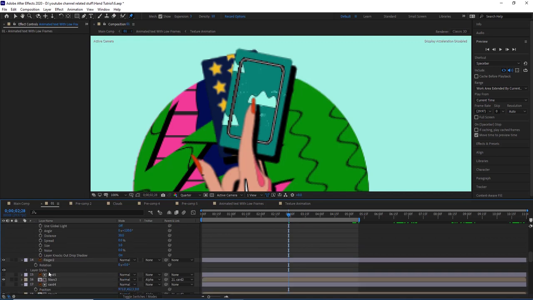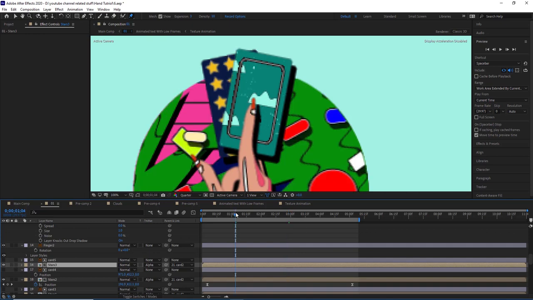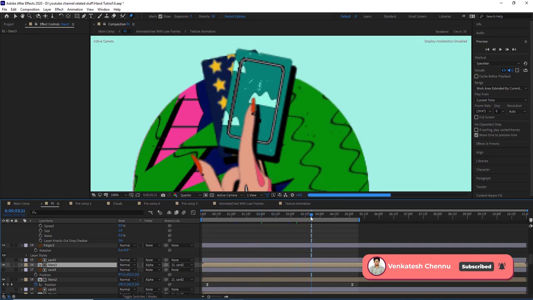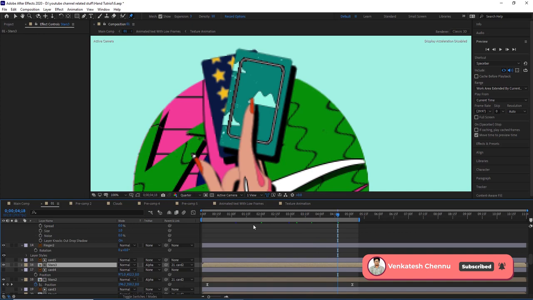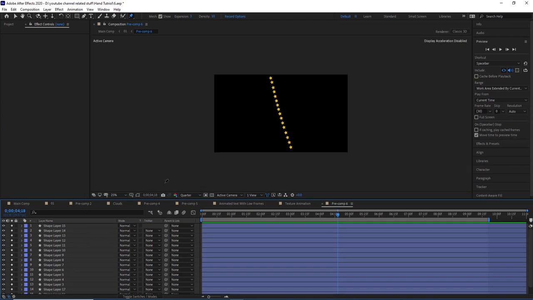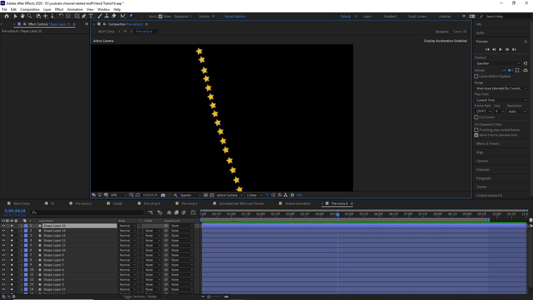And what we have to do is think about the other one. On the other card, we have something like the stars. Okay, and how I achieved the result: we can go to the stars composition, and here we can see I took these shape layers of stars. I took nearly 16 copies of stars,